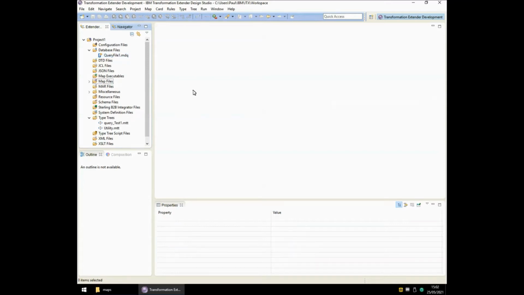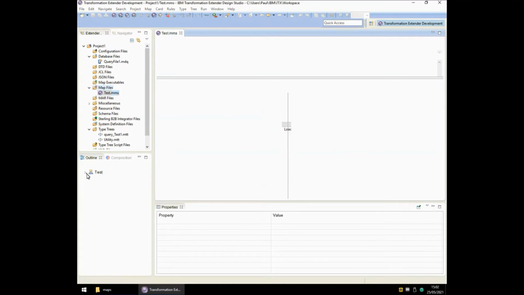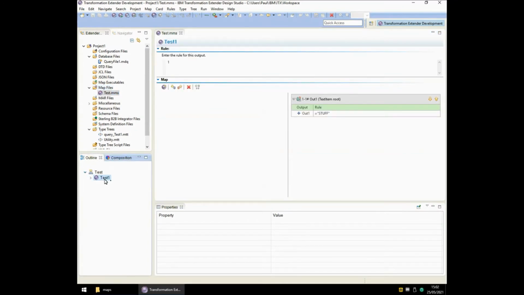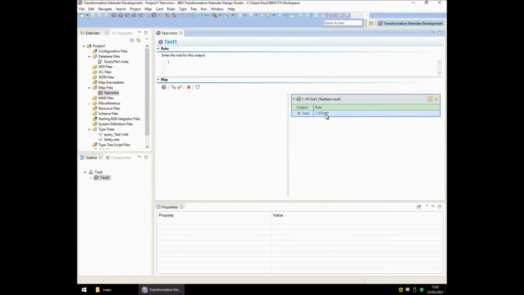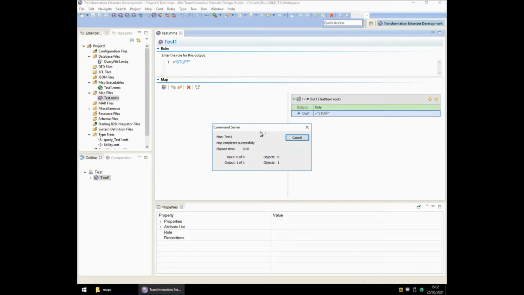For the next step, we're going to open the map source file, test.mms. As you can see, I have one map defined, test1, and at the moment all this does is write to a file called output.txt, and the rule is writing the fixed string stuff. So if I build and run this map,